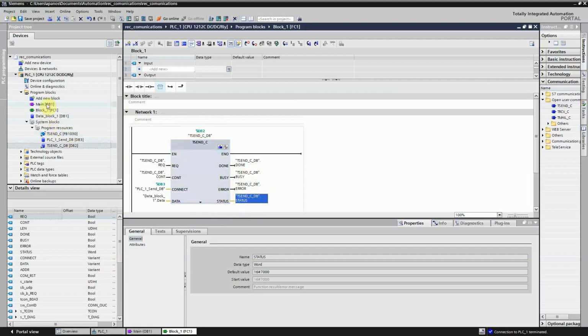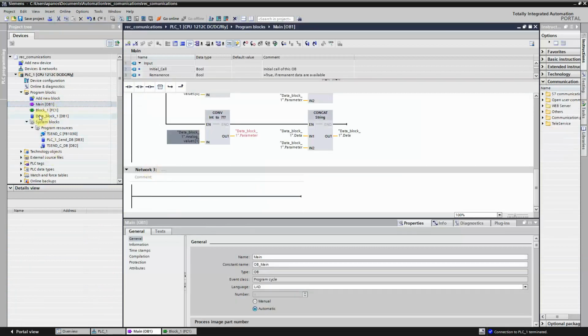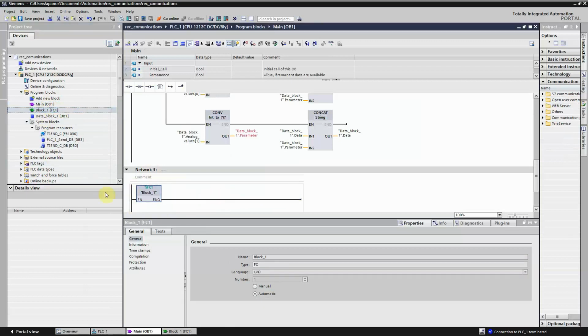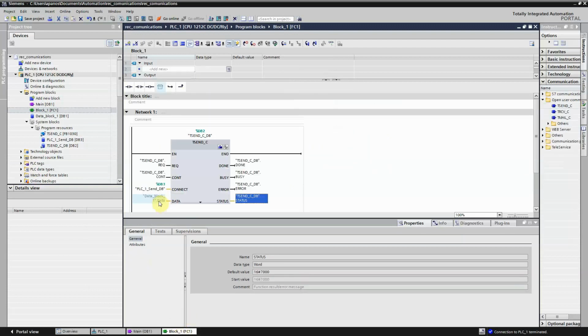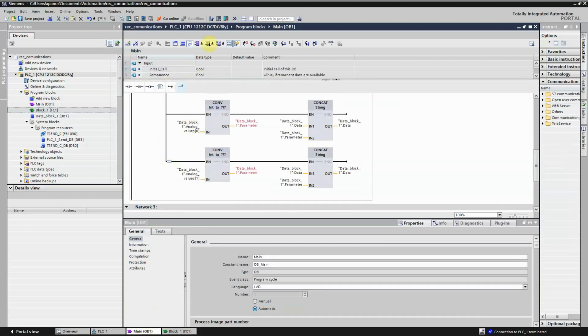If we go back to our main block, now we can just drag and drop our function over here. So every time our program goes to here, it will try to send the information whenever, remember, the request variable is set to 1. So now on our main block up here, we have to do two things. The first thing will be to set,